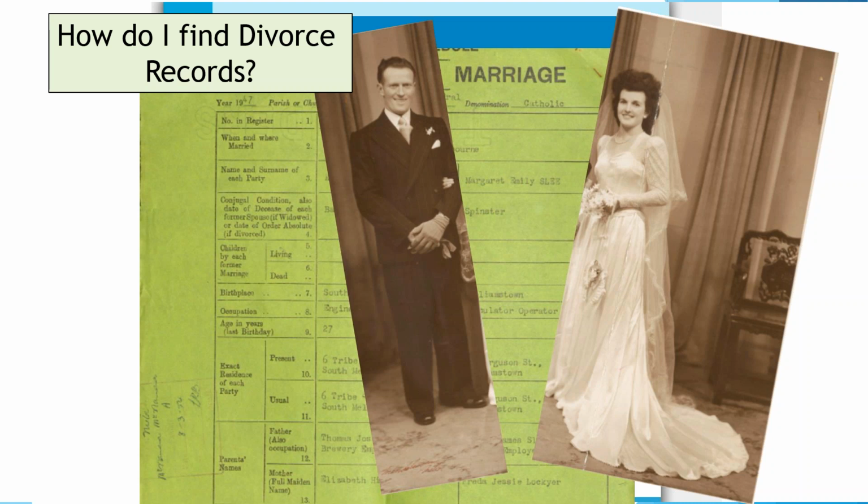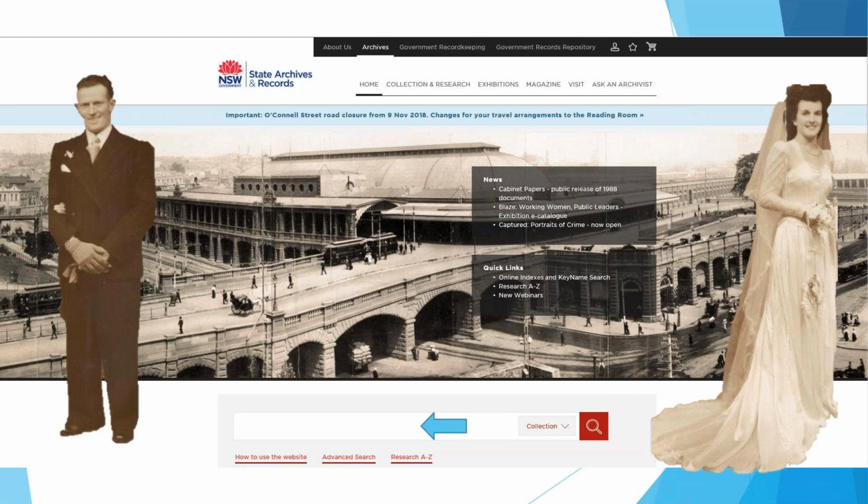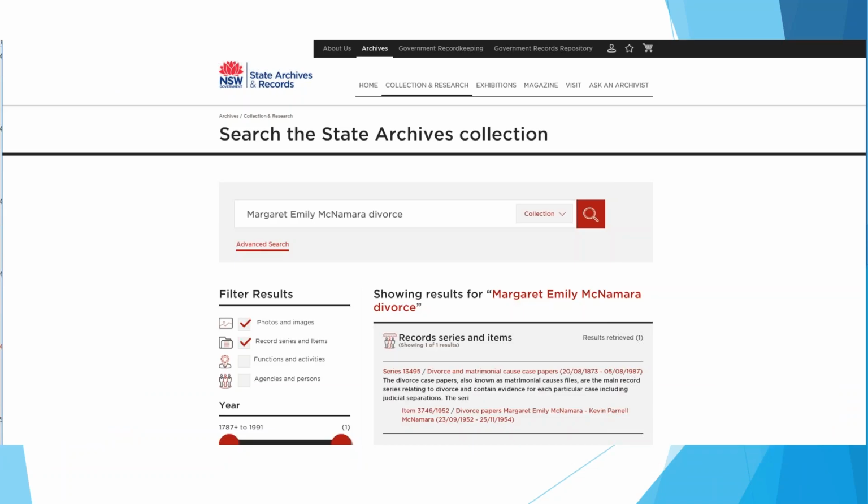So we're going to look for this divorce. If you do it in our main search box under collection search, and you write Margaret Emily McNamara divorce, or the gentleman's name, the word divorce is the key here, because it's going to filter out all the probates, and all the records that have that name attached in terms of government records, like a minister or something else. It's just going to get us the divorce records. Now, I have prepared this before because it goes through to one hit. And if you look down the bottom, you'll see an item number followed by